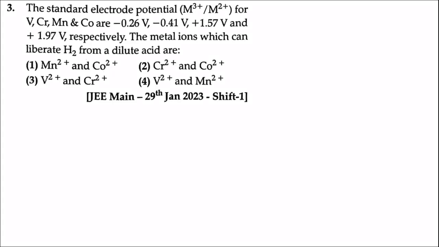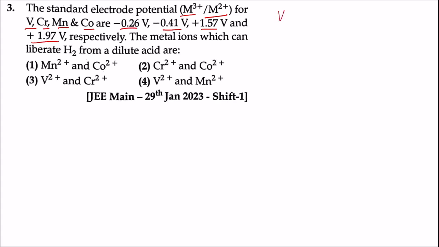Question 3. The standard electrode potential for M3 plus ion changing into M2 plus ion, means this is the reduction potential, for vanadium, chromium, manganese and cobalt are these values respectively. The metal ions which can liberate hydrogen from a dilute acid are: